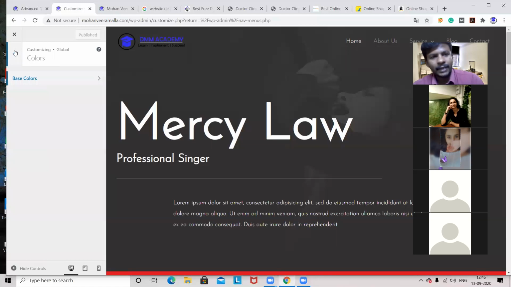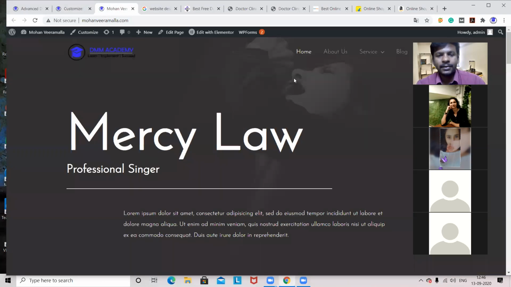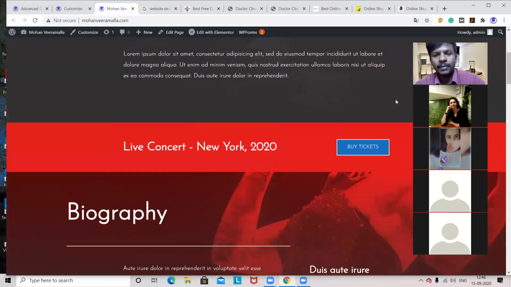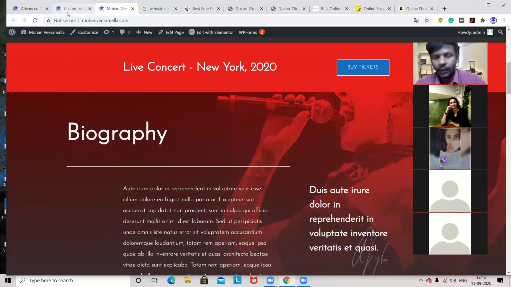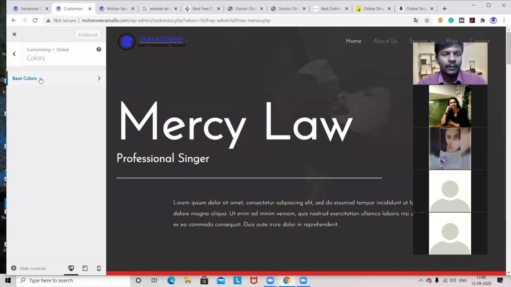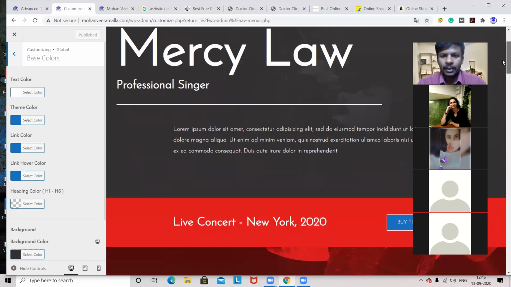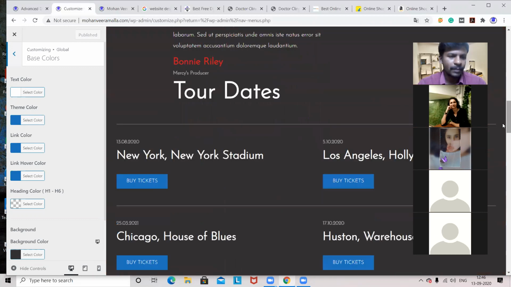So by default, something is working in the theme, and then see, now there is a default. Now you have to go to some other theme again. I have changed this to blue color. We'll check whether it has changed. No, still no link. These buttons got changed. This color got changed, but this banner, this red color didn't get changed. Okay, so this may be default from this theme. So when you go with a paid theme, then you can change this. But maximum themes, they'll be more flexible. You can change the colors. This theme may have some problem or some issue.